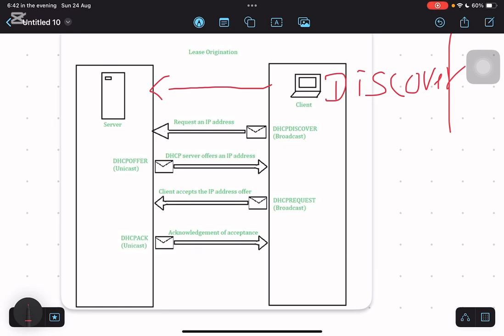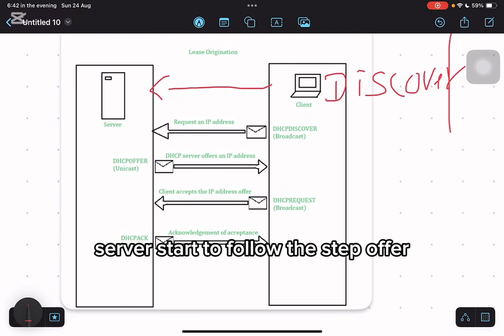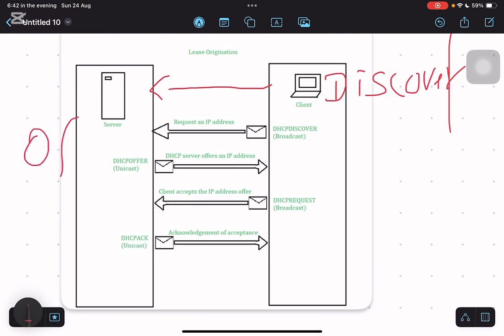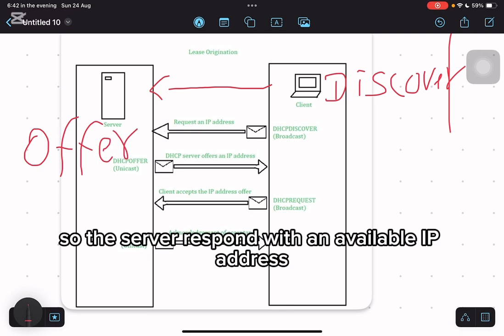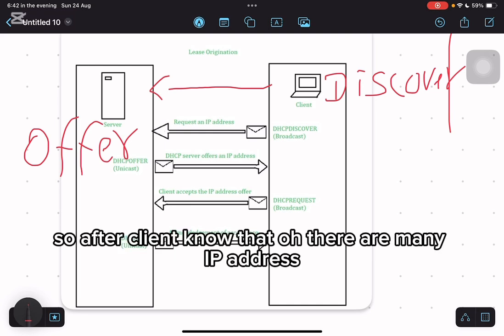So when the server gets the information, the server starts the step Offer. In this step, the server responds with an available IP address, but it doesn't give it to the client yet. So after the client knows that there are available IP addresses,